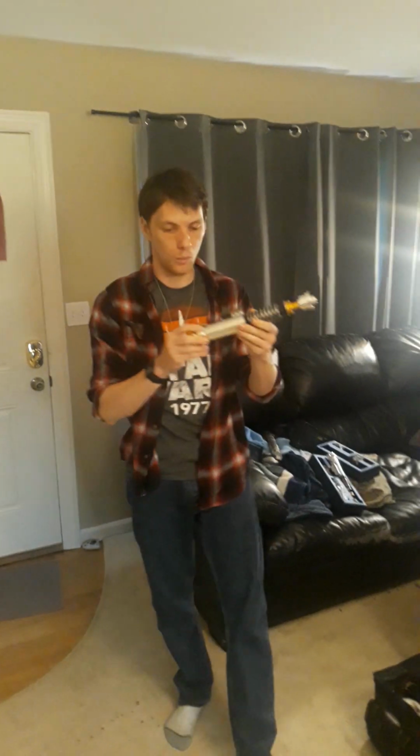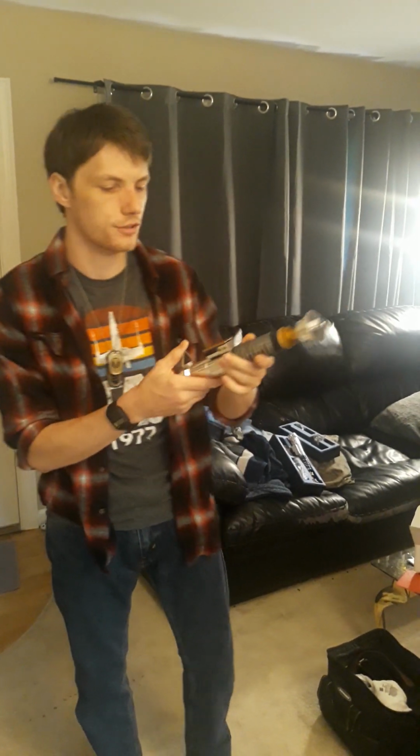The last is a V1. I'm probably going to replace this tri-ring because it has some corrosion and rust to it. But what I do like